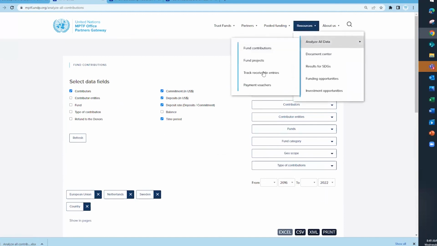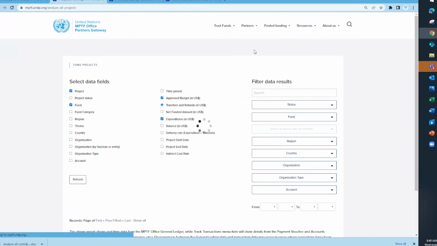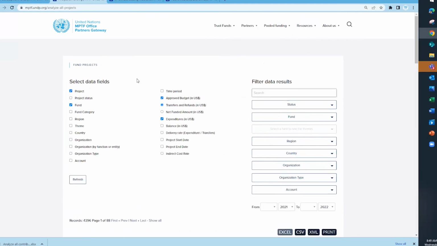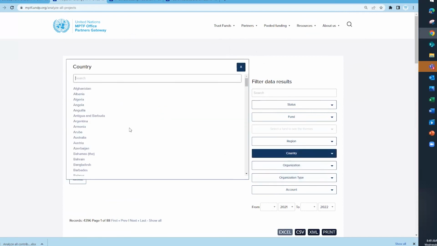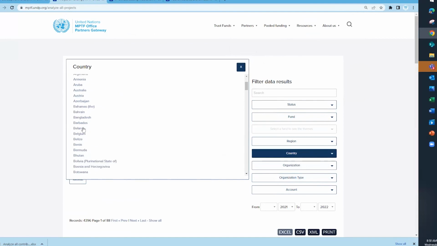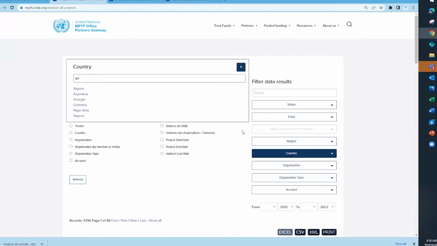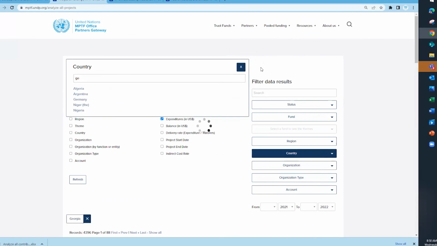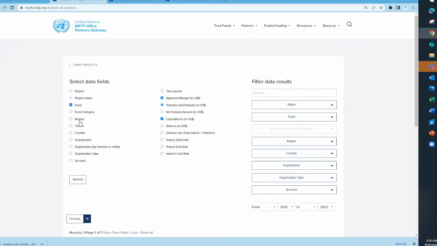And where the resources are going, perhaps that might be less interesting, but this is a similar sort of tool where you can look for projects, or you can say, okay, I would like to see all the contributions that have gone to, let's say, a particular country here. Again, from the colleague of Georgia, we can say, okay, let's go to Georgia. And I would like to see in Georgia who are receiving all resources. So here you can do it,